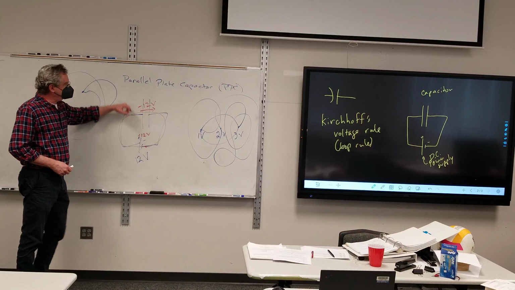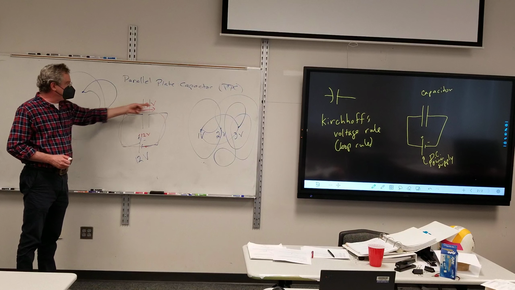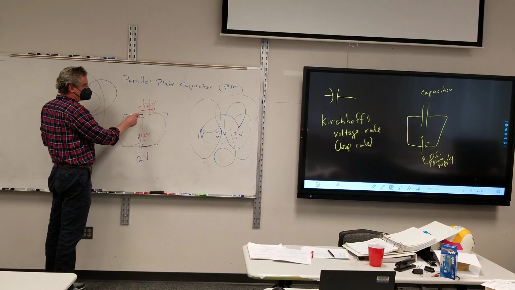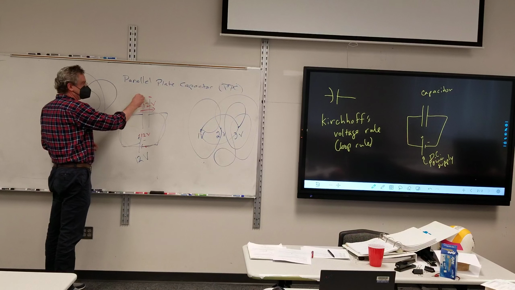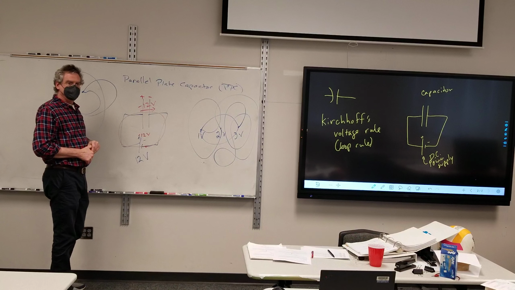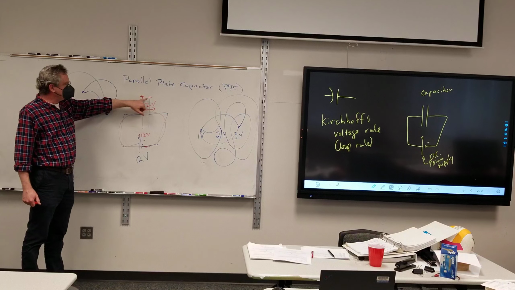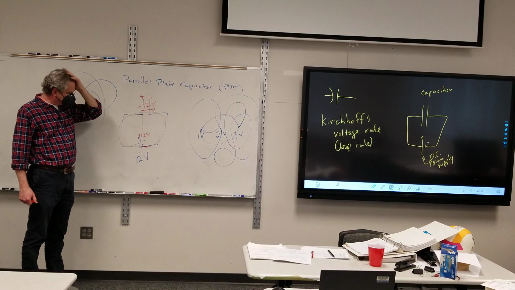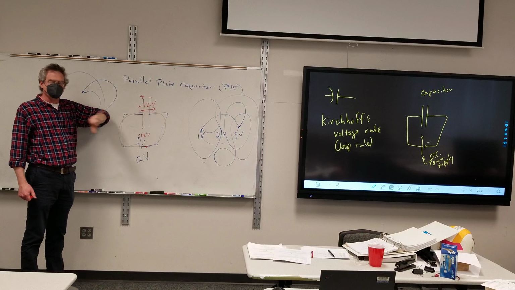So I have this parallel plate, and I know that the potential difference between the two plates is 12 volts. I'm going in that direction. Now, from a potential point of view, since I'm losing 12 volts as I move to the right, this has to be the lower potential than this side. Well, let me reword that. This is the lower side, that's the higher side. I know that this right-hand plate